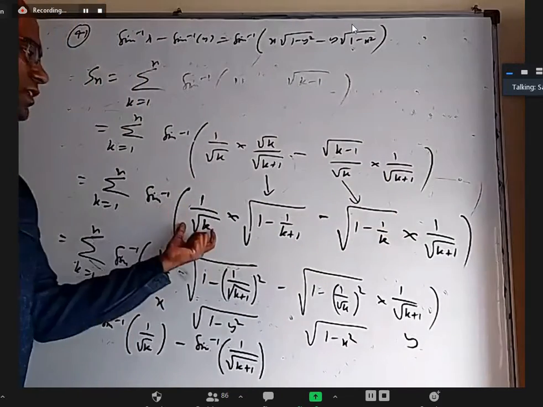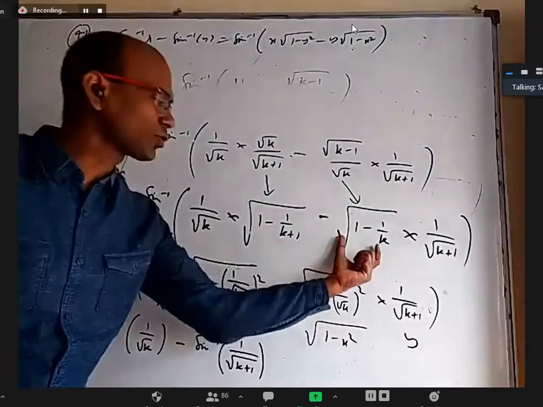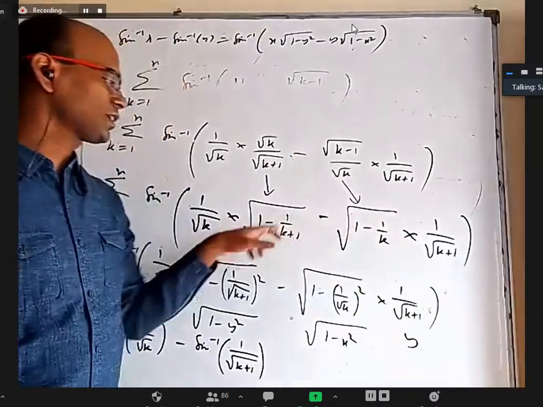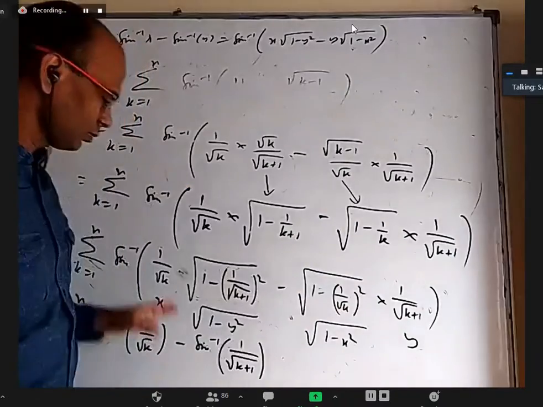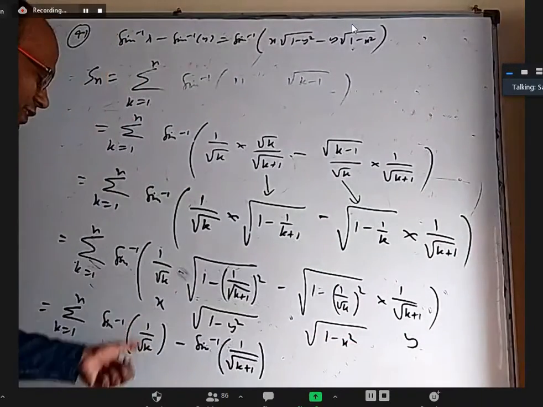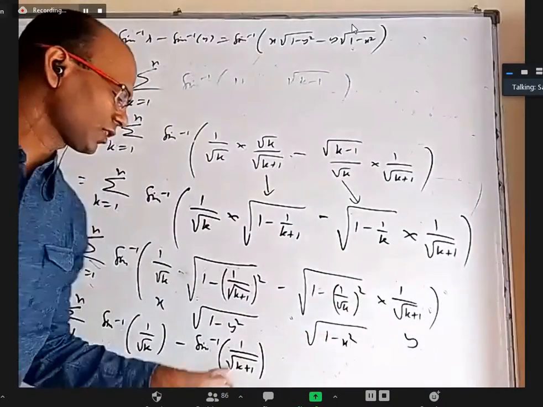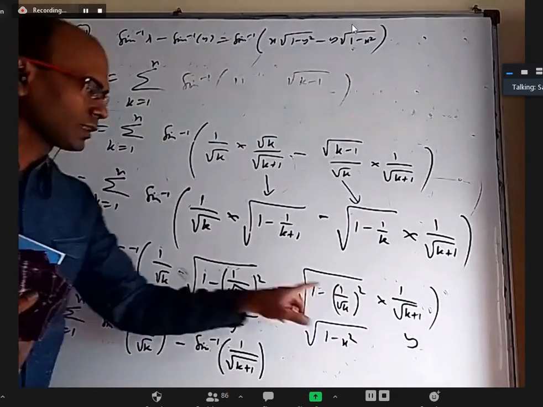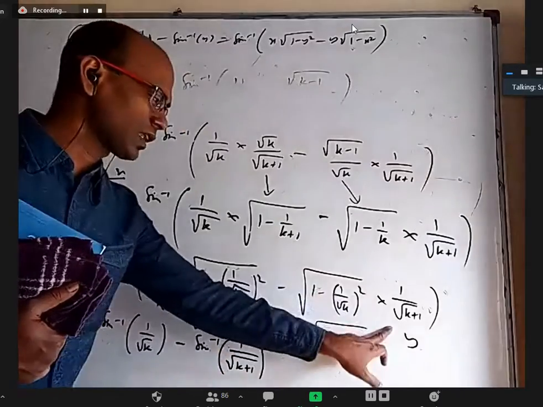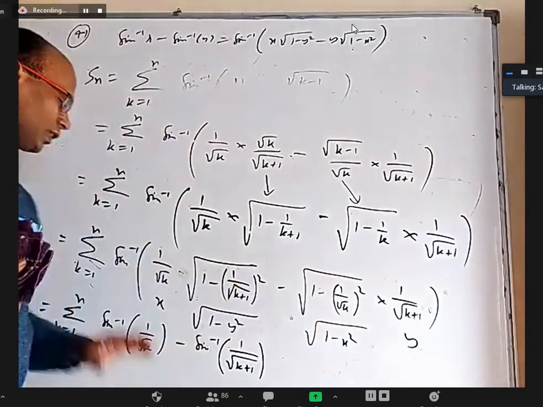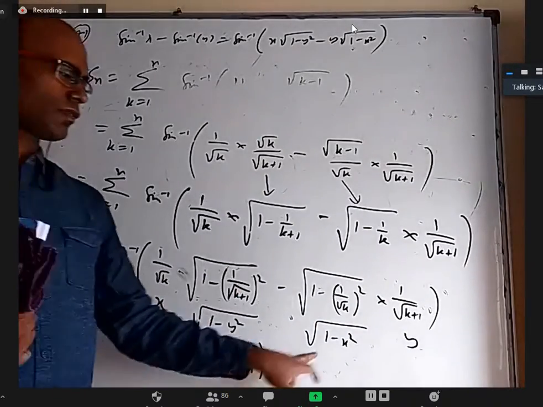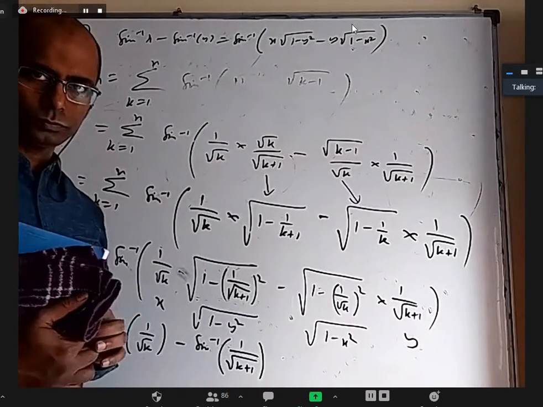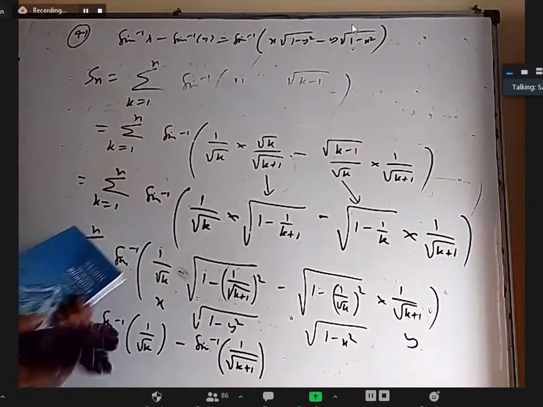Now we can easily see this is x. This can be written as root 1 minus x square. And if this is y, this can easily be written as root 1 minus y square. So it looks like this formula. So sin inverse x is this, sin inverse y is this. I am showing you how this is like x, this is like root 1 minus x square, this is like y, this is like root 1 minus y square. And sin inverse of (x root 1 minus y square minus y root 1 minus x square), based on this formula, is sin inverse x minus sin inverse y. Is it alright? Yes, sir, understood.